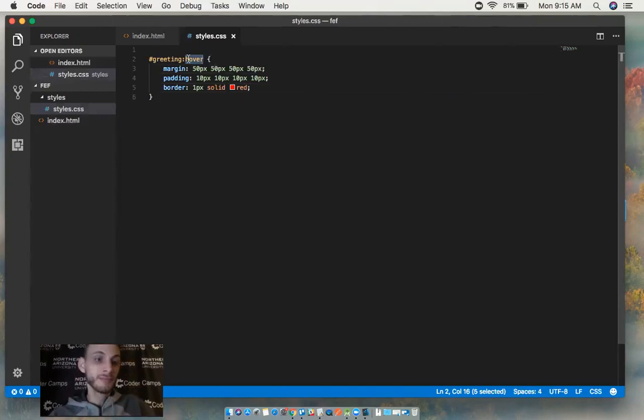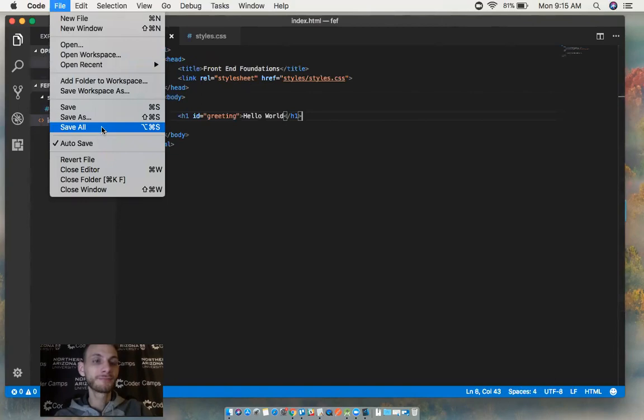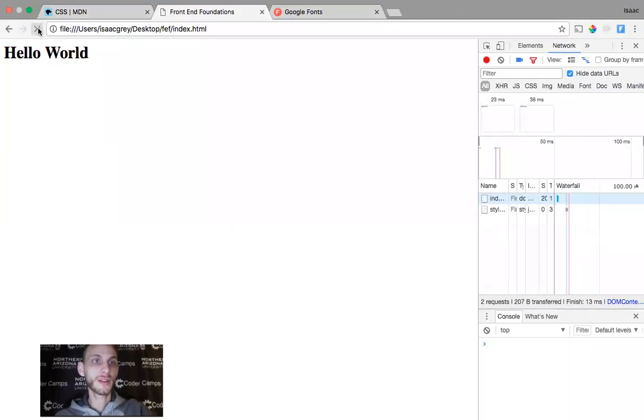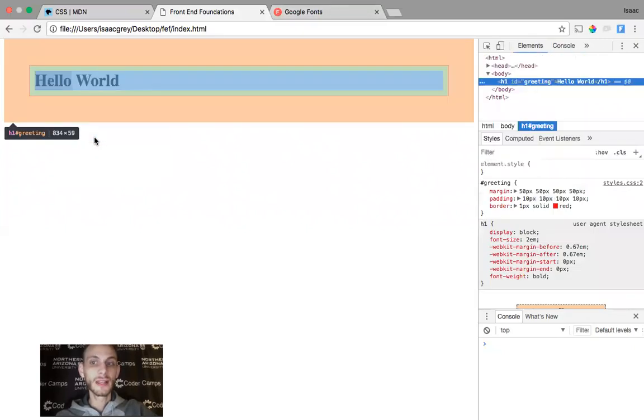And that way, it will statically run these, and we don't have to hover over it. Okay, so if we save all and we refresh our browser, we can see that the box model is now in play. Okay, so a really cool part about our browser tools here is if we inspect this, it actually